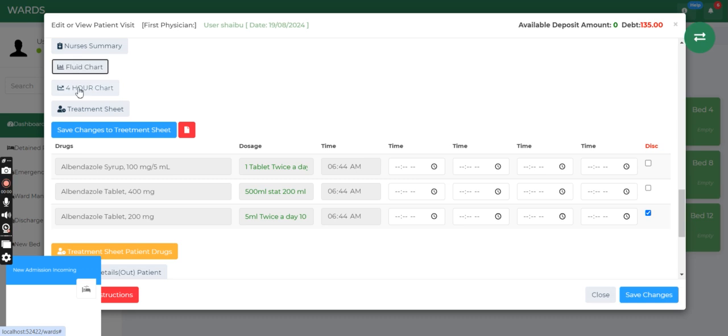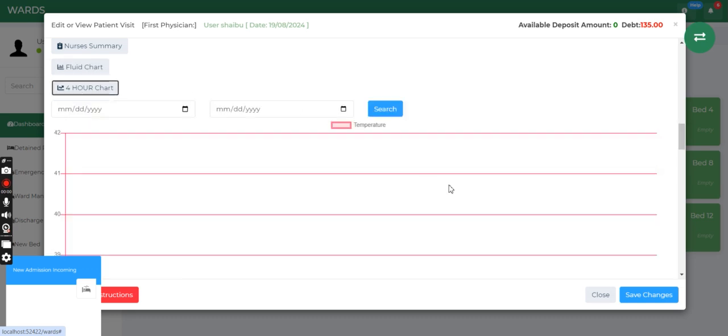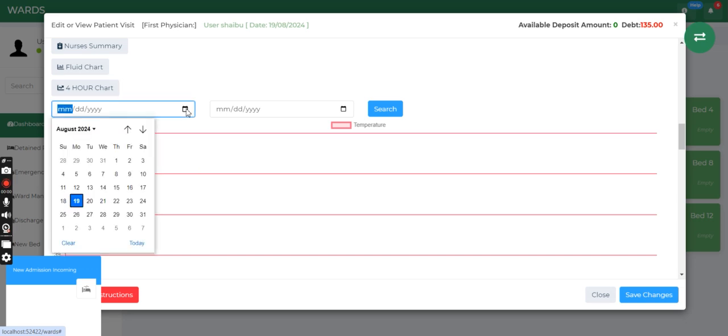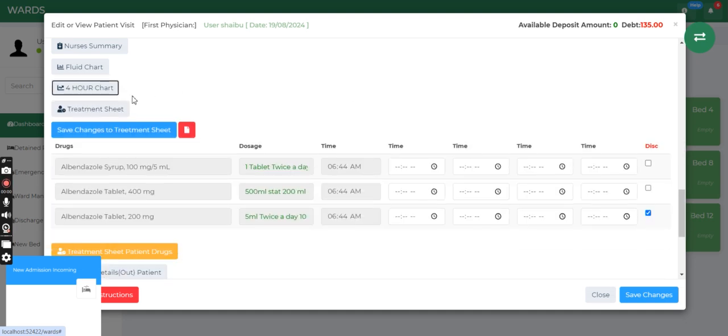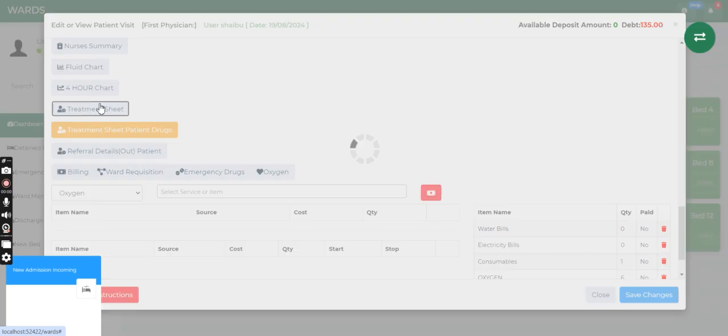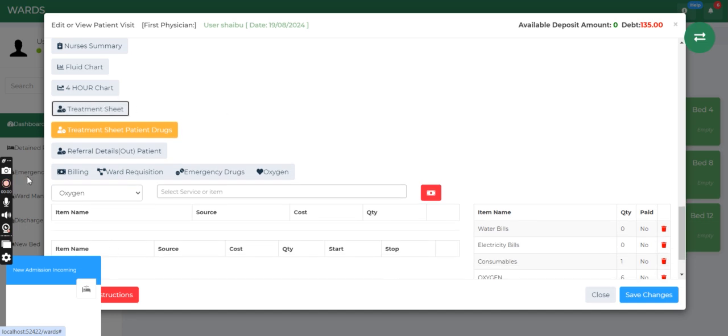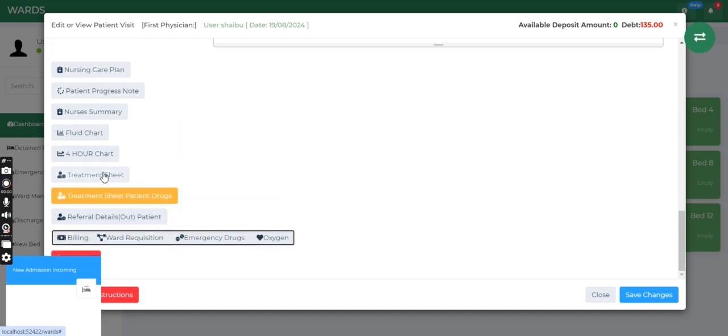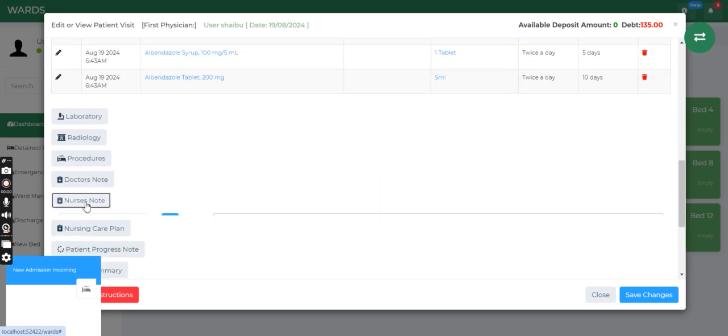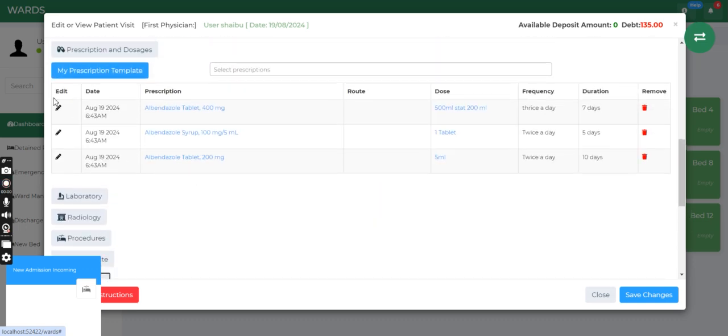So we have the vitals chart. For the vitals chart, as long as the vitals have been entered, you can pick the period of your choice and then click on search, and it's going to draw the graph for you. Yes. So basically, that is all you need to understand of a nurse using the system, nothing much. Most of the things are done by the doctors. And remember this: once you see this sign here,